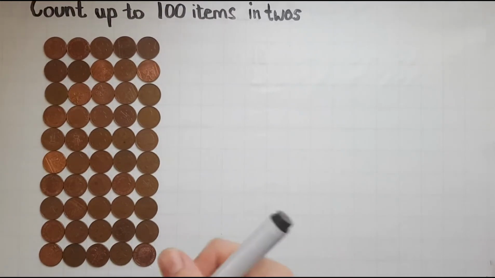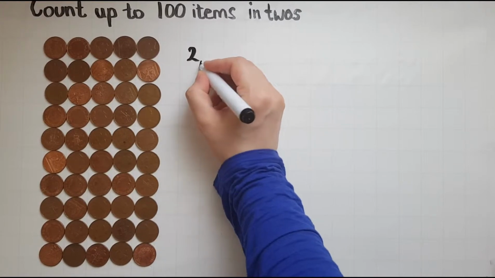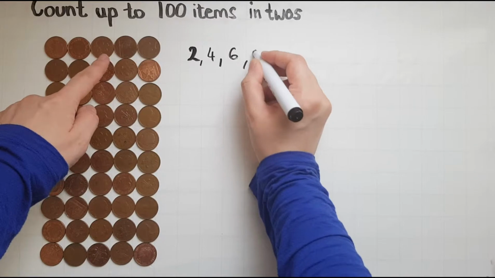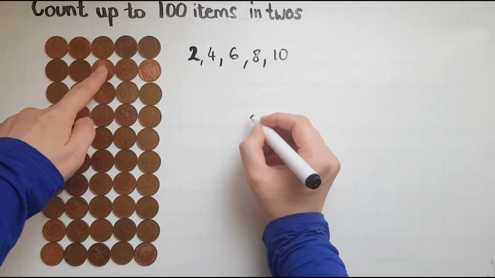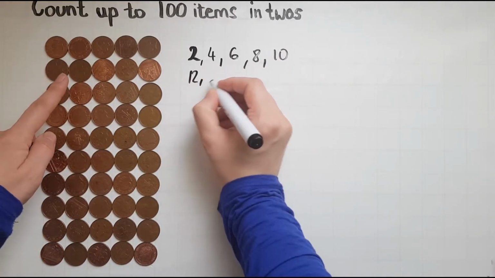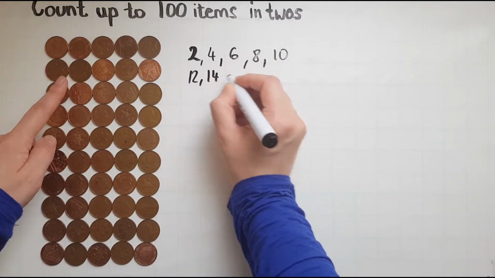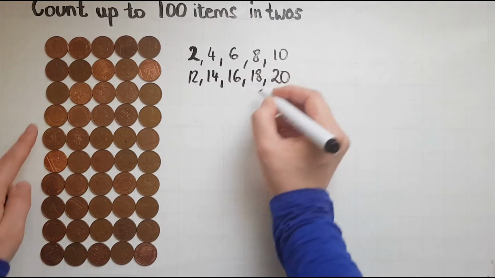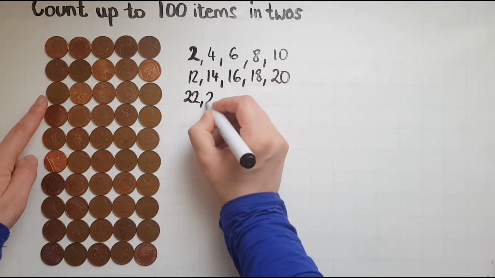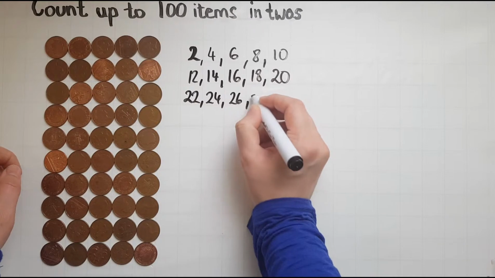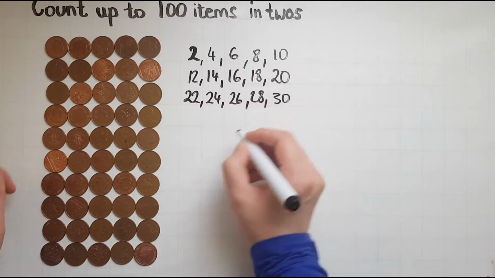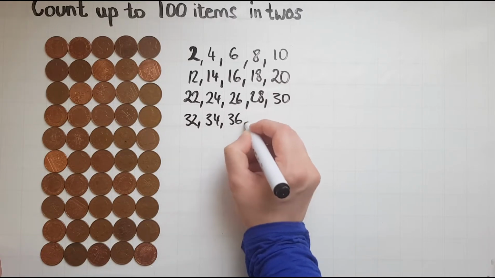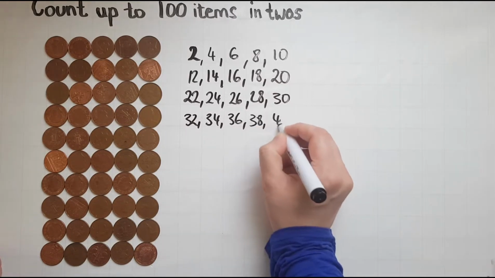So I've got 2, 4, 6, 8, 10, 12, 14, 16, 18, 20, 22, 24, 26, 28, 30, 32, 34, 36, 38, 40,